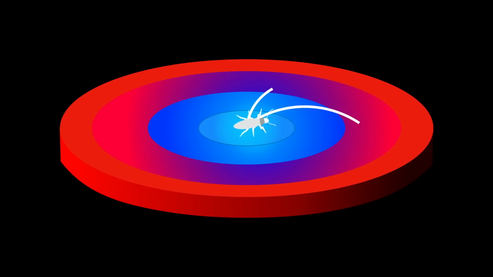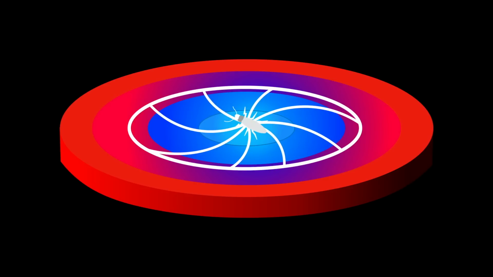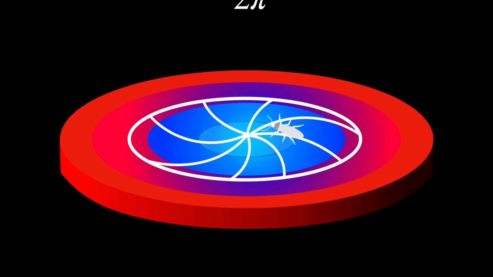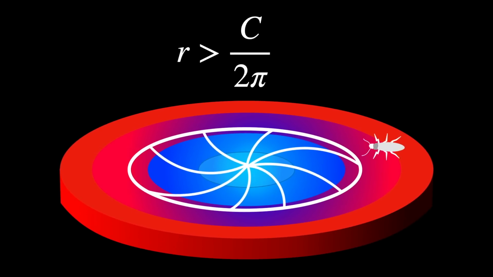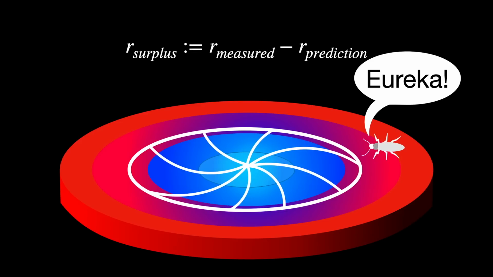He drew a circle centered at the cold spot, and what he calls radius are actually curves for us. When he measures the circumference, he too finds out that the measured radius is longer than the predicted radius. In other words, c over 2 pi. He shouts, "Eureka!" and discovers what he calls the surplus radius. He tried to publish a paper about it, but someone already beat him to it.